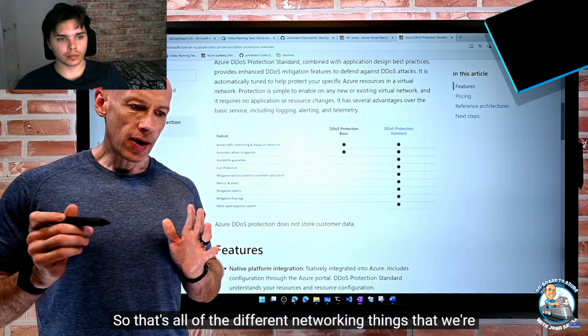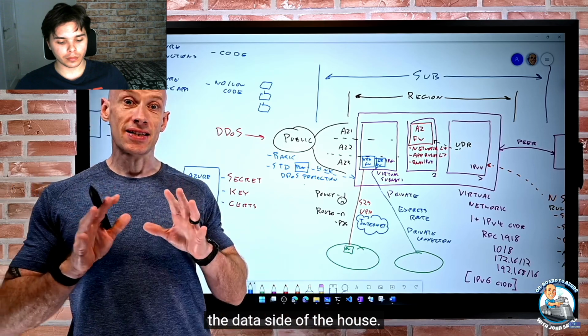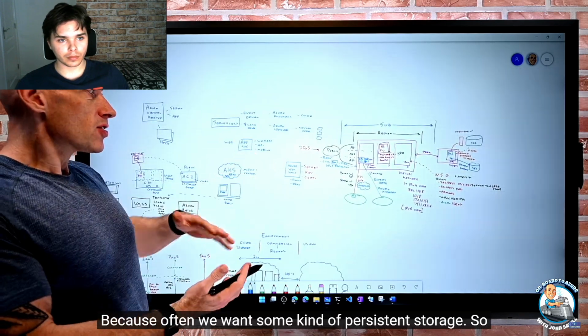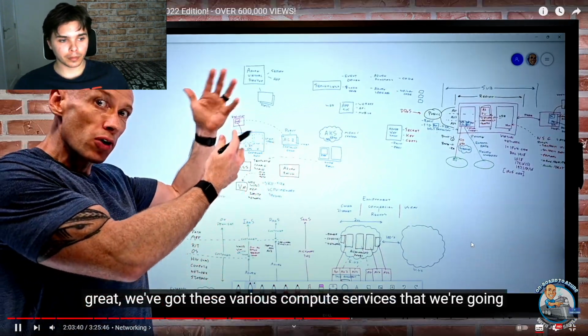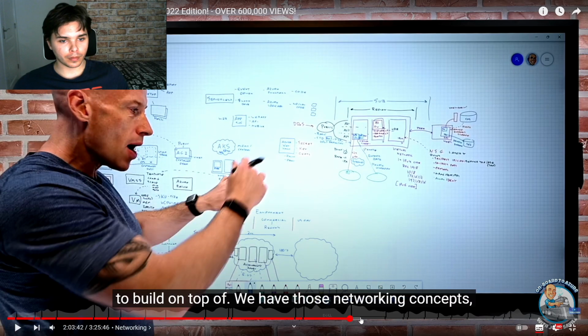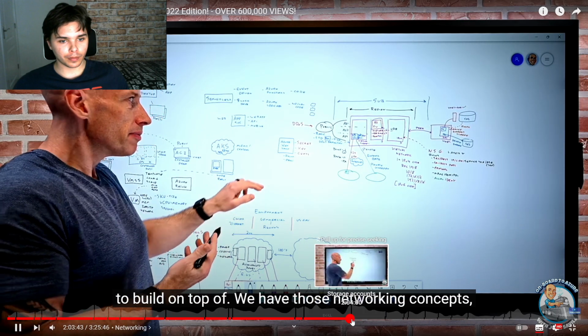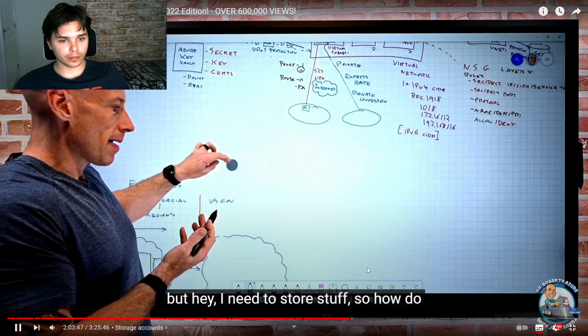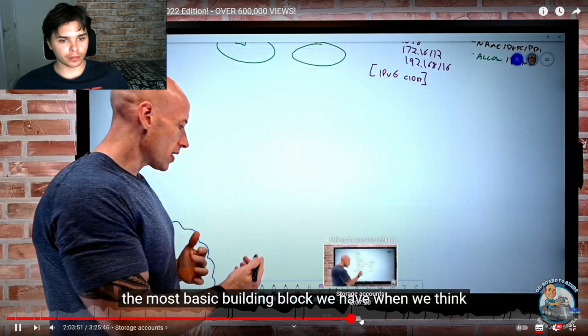So that's all of the different networking things that we're going to focus on. Now let's think about some of the data side of the house, because often we want some kind of persistent storage. So great, we've got these various compute services that we're going to build on top of. We have those networking concepts, but hey, I need to store stuff. So how do we think about that? Let's come over here. So the most basic building block we have when we think about